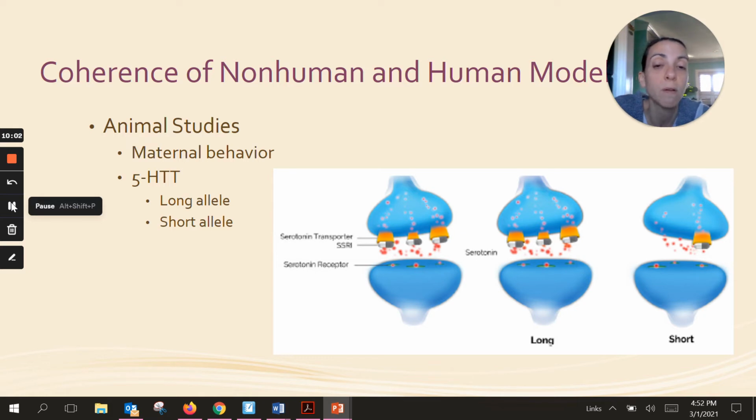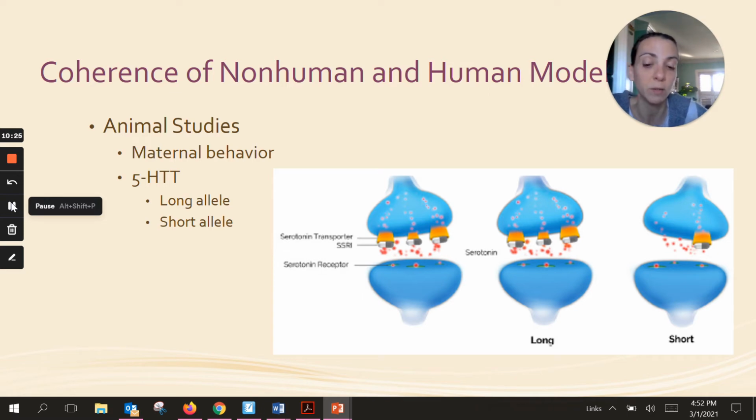So each type of neurotransmitter has a specific receptor. So the neurotransmitter is released, and whatever is not picked up by that specific receptor gets reuptaken. So it just gets reabsorbed back into the fluid that is in the brain. And remember that serotonin plays a large role in depression.